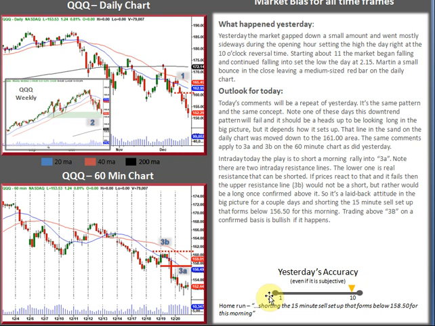Now, when you get this letter, you're reading at 8 o'clock in the morning. First of all, let's talk about the QQQ and the SPY. I really don't care which one you want to look at. What you need to know is that when the QQQ and the SPY are pretty much identical, then that is exactly all you need to look at. You can look at either one, so it doesn't matter. If the QQQ and SPY are different, then it's important to understand that you are going to have problems and that there's not going to be a clear analysis no matter which one you look at. So again, it doesn't matter.